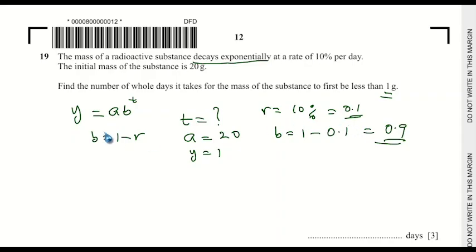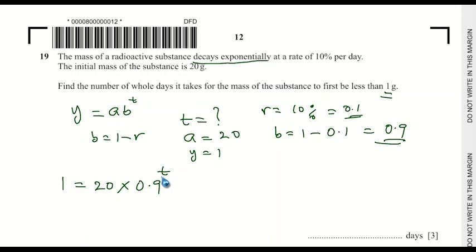Now, if you key in the values, y, which is 1, equals a, the initial value, which is 20, multiplied by b, which is 0.9, to the power of t, the unknown. Now, this is an exponential